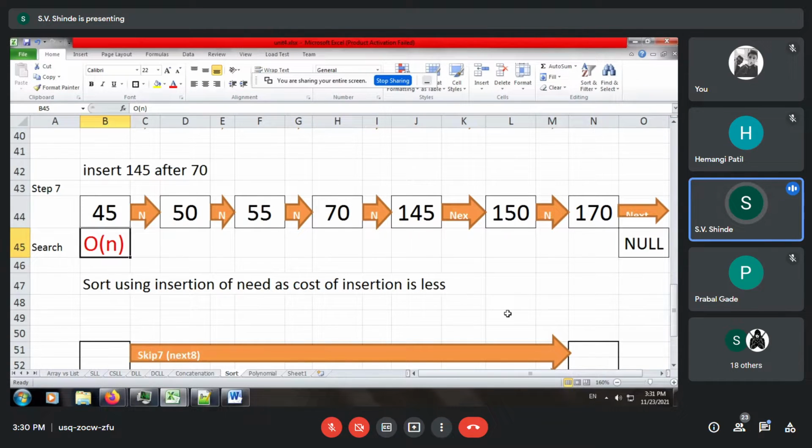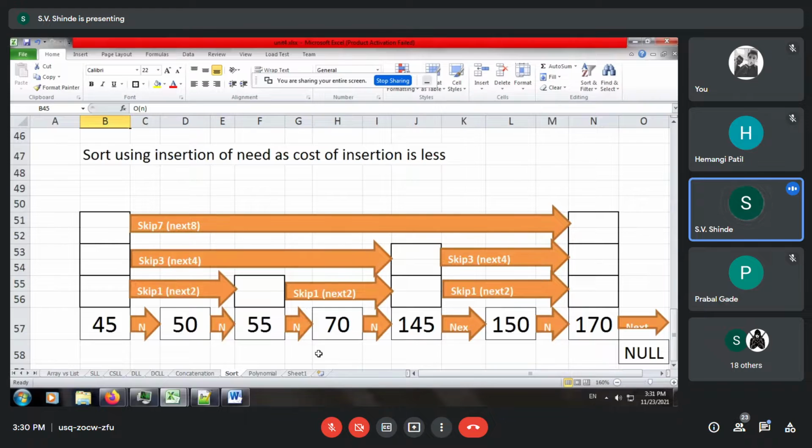So this is a diagrammatic representation of the skip list. We divide the linked list into multiple parts. So first you can see we have only a single pointer. So I am highlighting it. So this is the linked list.